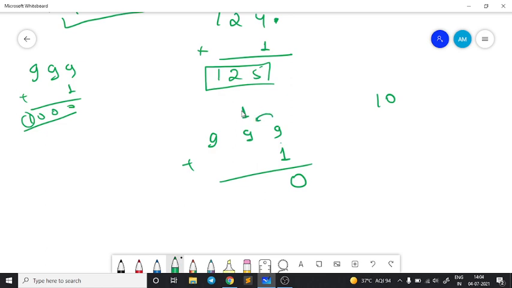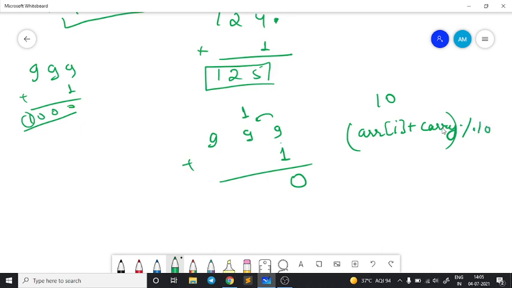Perfect. So to get this 0, what we are doing is just adding the array element I am currently pointing to plus the carry, and carry is initialized as 1, right? So that's why plus carry. And after that, since we want to get this here, we will take the mod, right?